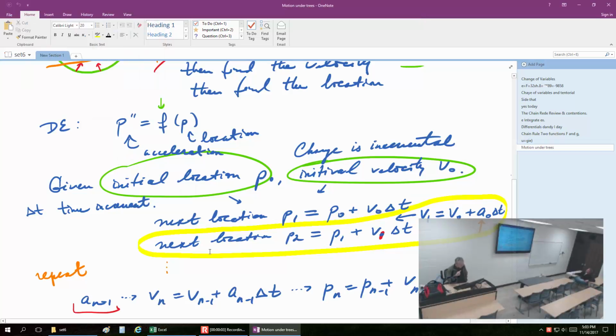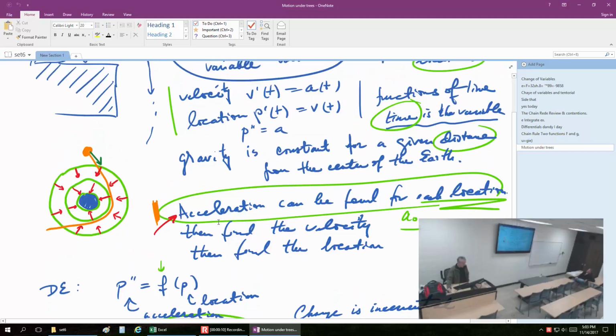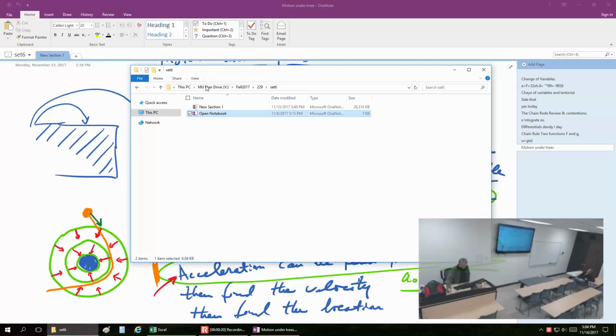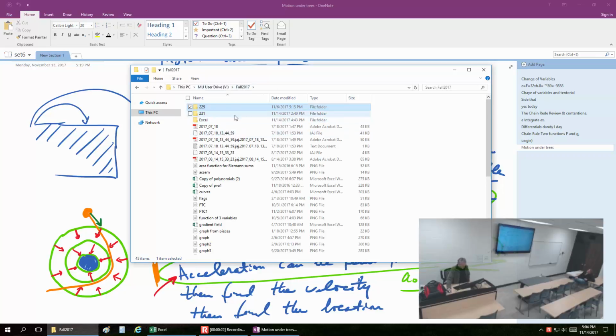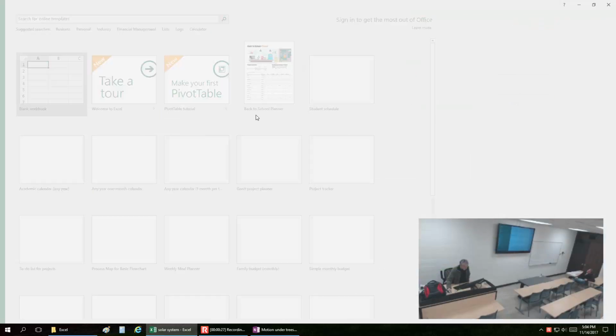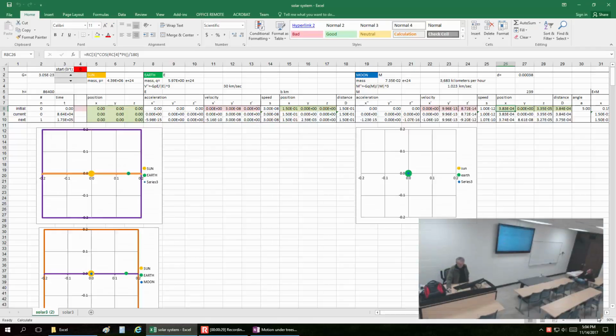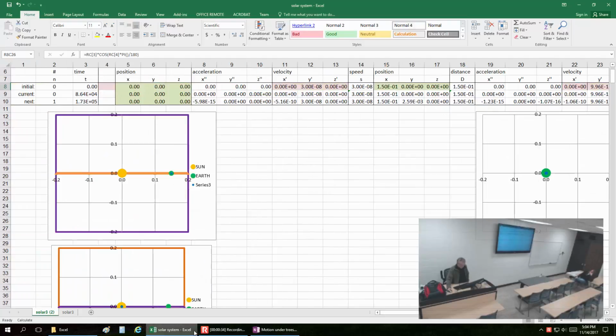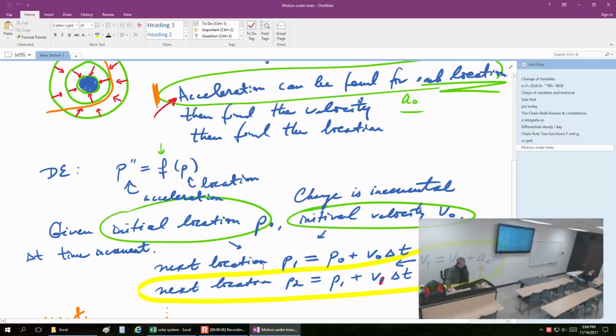Okay, so this is what we did last time. The numerical analysis, or the word is simulation, of a motion under forces. Specifically, what we actually saw was the solar system. Okay, so the explanation, once again, I want to point that out again that this is the